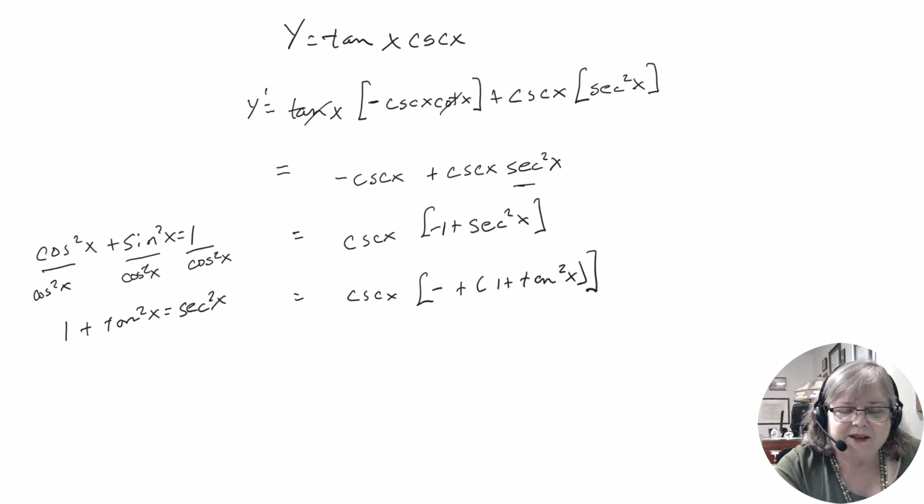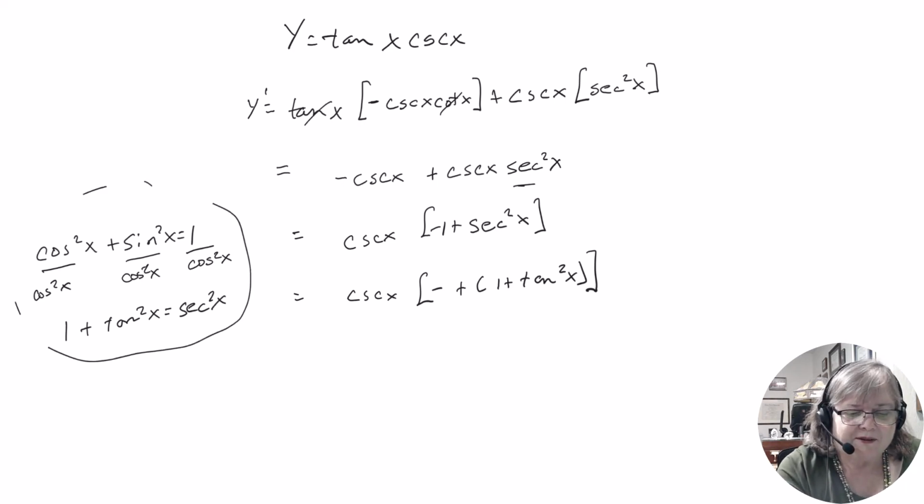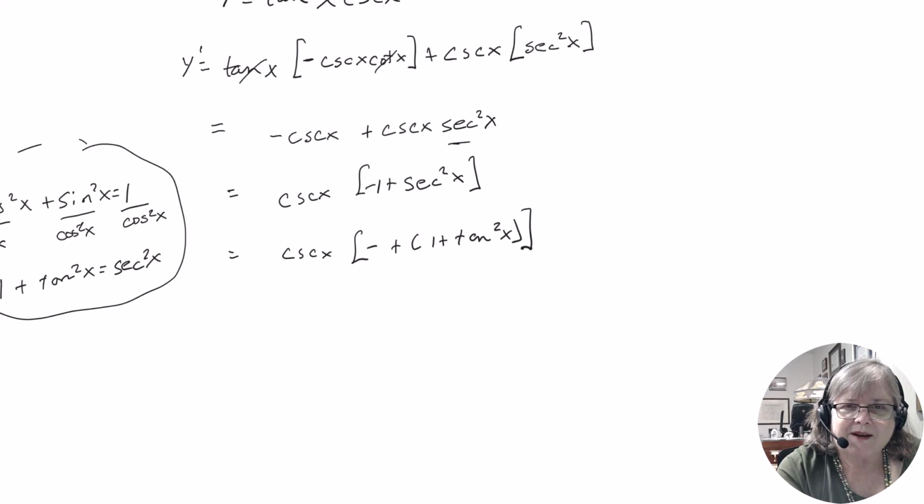So if I think I need it, I just go back over here and rework that back out so that I don't have to add that to my memory list. Some of you may have that memorized. All right, so then this minus 1 plus this one go to 0, right? And I have cosecant x times tangent squared x,